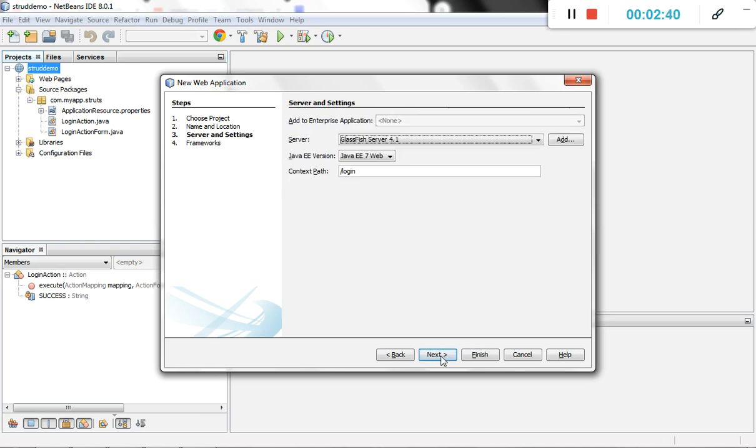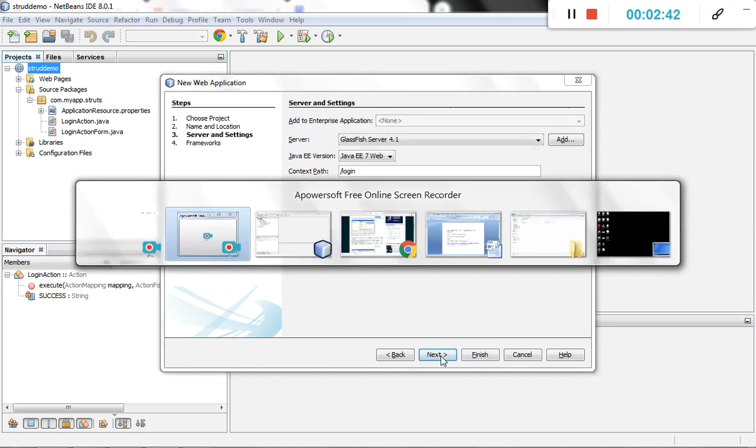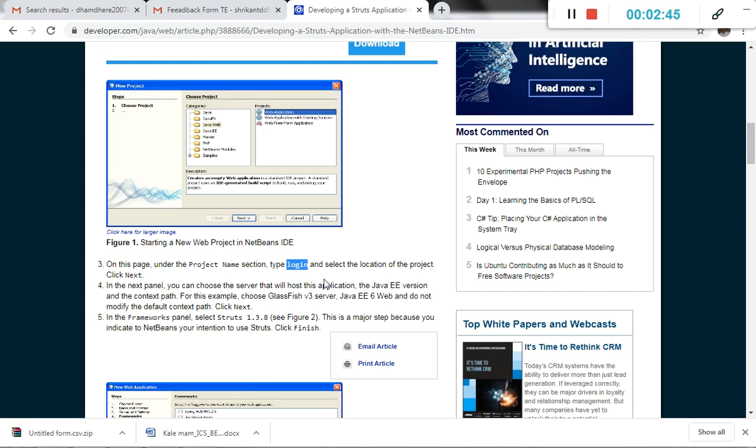Then after that, in the next panel you choose a server that will host the application, the Java environment version and the context path. For example, choose a GlassFish version 3 server, Java EE 6 web, and do not modify the default context path.